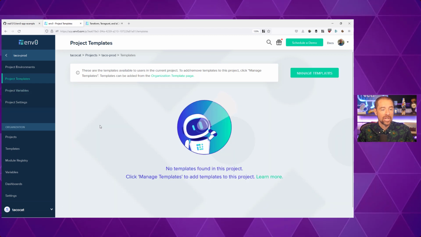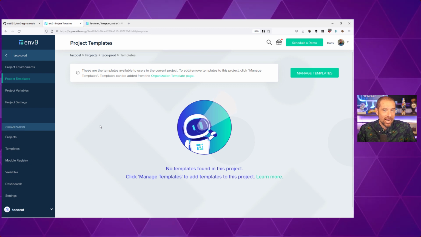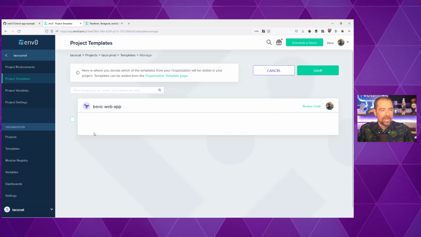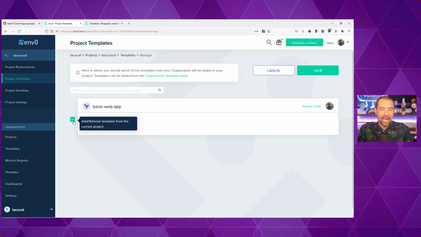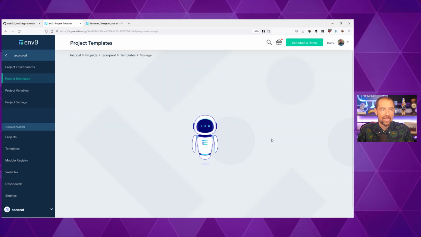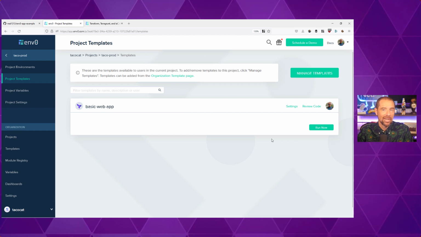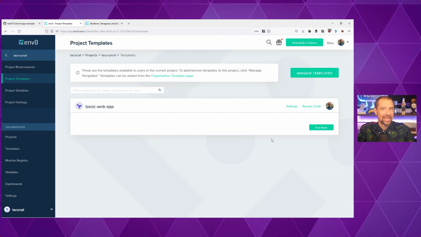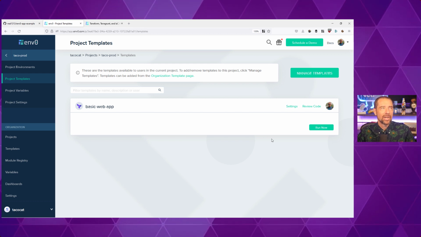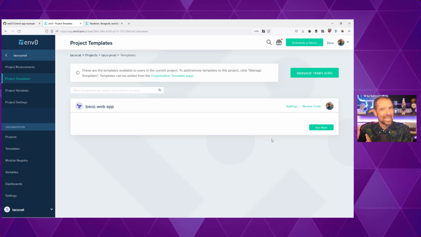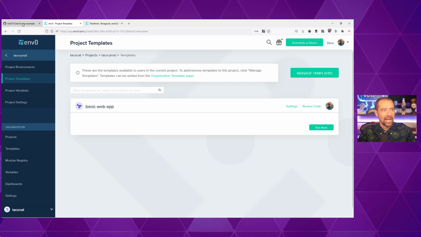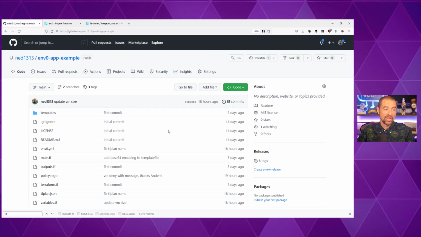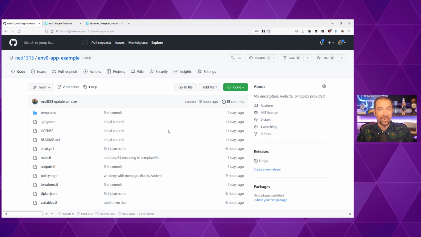Now, if I go into project templates, I don't see any templates right now. I need to add templates. So I'll click on add templates, and here's my basic web app template. I'll select that and click on save, and now that project template is available. Now, before I go ahead and deploy that template, maybe this is a good time to take a look at what's actually in that template. Now, as I mentioned, that template is linked to a version control repository, and it's in GitHub. It's this one right here,